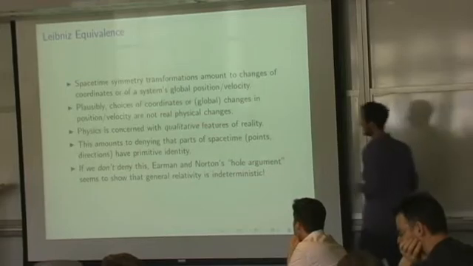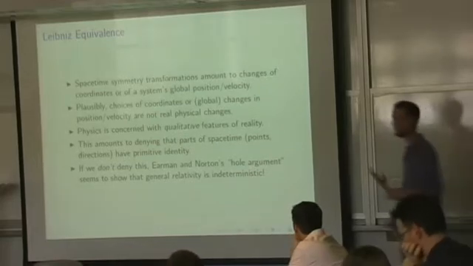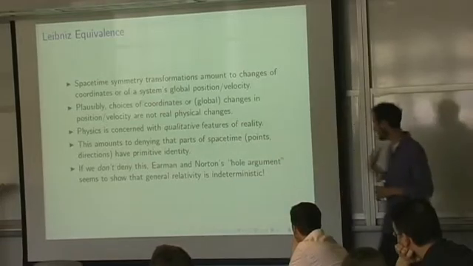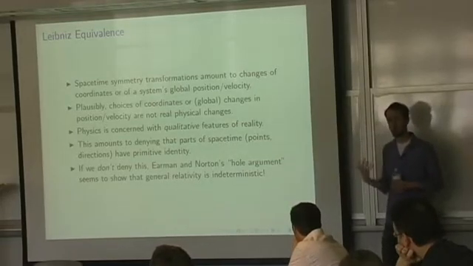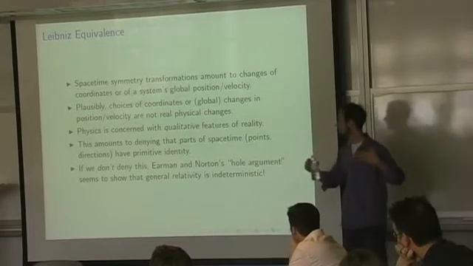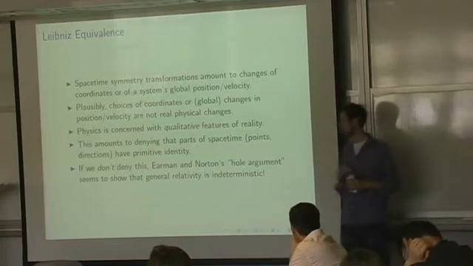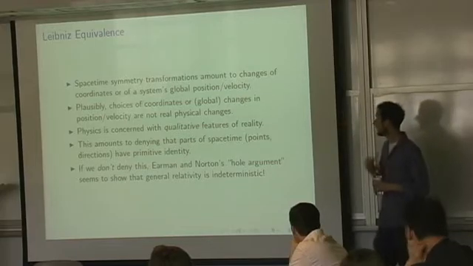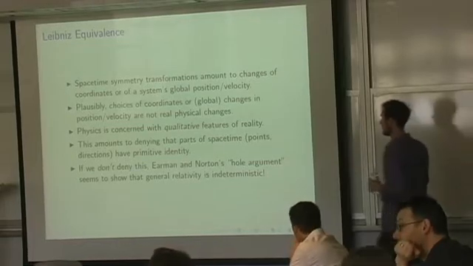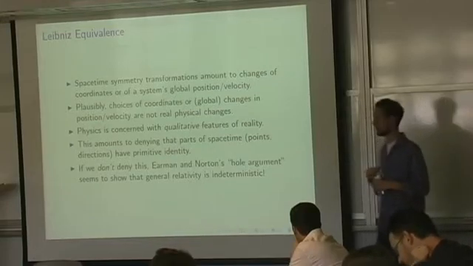Let's talk about Leibniz equivalence. This is the principle that space-time symmetry transformations don't give us new physical possibilities. Well, if I do a symmetry transformation to some space-time theory, as I was saying before, it looks like it amounts to a change of coordinates. Or, if you like, we talk about taking a system and changing its global position. Do I rotate it by some angle? Do I translate it over 5 feet or something like that? Do I change its global velocity? And plausibly, it looks like these changes in the global position or velocity of the system, unless it's angular velocity, which is going to give us some acceleration,